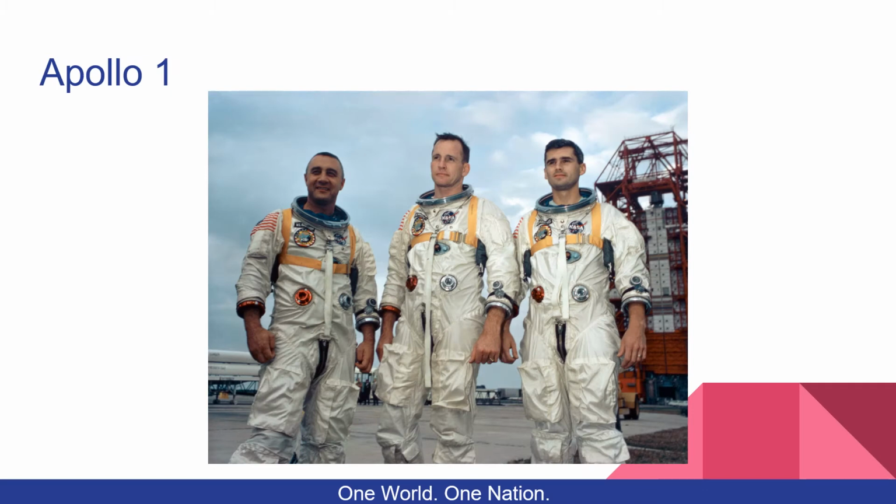First, we have Apollo 1. Apollo 1 is known as a tragedy and did not succeed. Apollo 1 was to be the first manned mission in the program. It was supposed to launch on February 21, 1967, but during a test, the launch vehicle, AS-204, caught fire in the command module. The three astronauts that were scheduled to launch that mission were on the command module at the time and died in the fire.